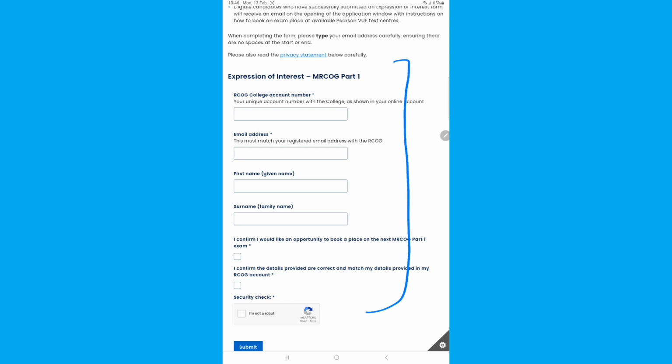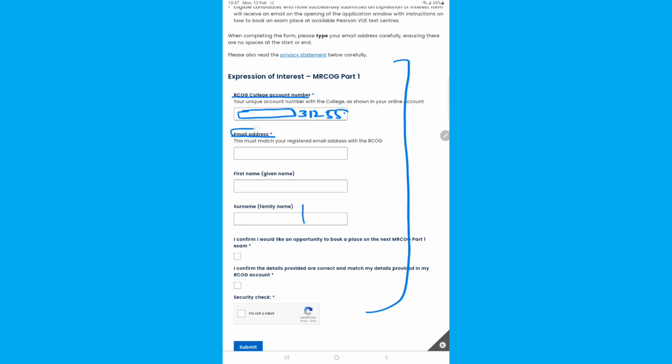You just need to add your Royal College of account number, and this account number is allocated to each of the candidate from the RCOG. Just if you don't remember it, just go to your Gmail, the account which you provided during the registration. Open that account and find your RCOG mail, and there they will give you your account number, and you have to add your account number here. And usually this account number is in numbers, and you just enter your account number,